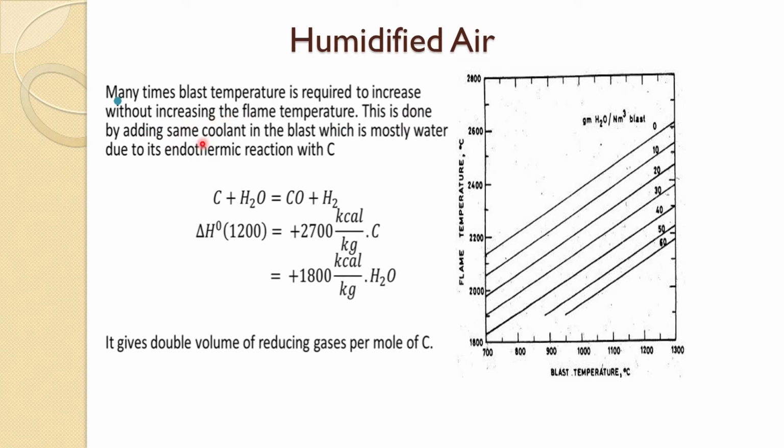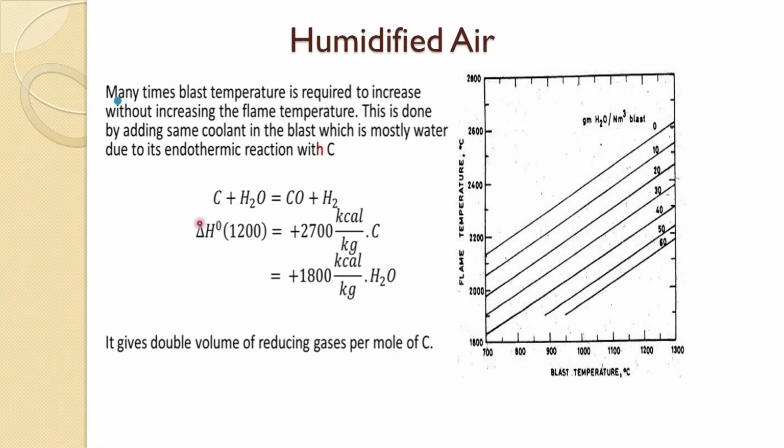So, this is done by adding some coolant in the blast, which is mostly water, due to its endothermic reaction. But here one thing must be remembered, you do not add water directly in the preheated air, because that water has to evaporate and will consume heat, and it will reduce the blast temperature, and